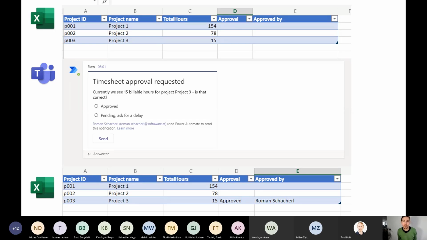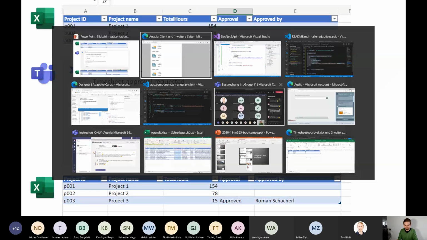And we will use Power Automate Flows for that. And if you don't know Power Automate Flows, I'll take a look at it. It's a cool thing, as Martina already mentioned in the keynote, to create some workflows without having the need of writing code for that. Let's switch to